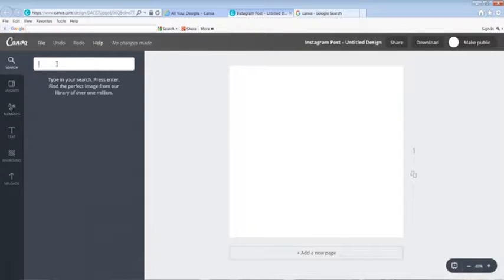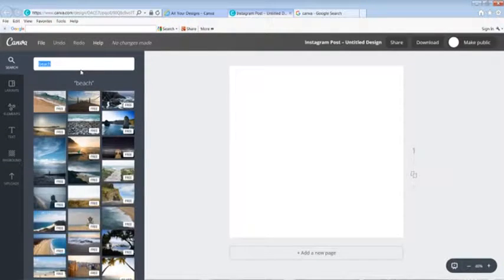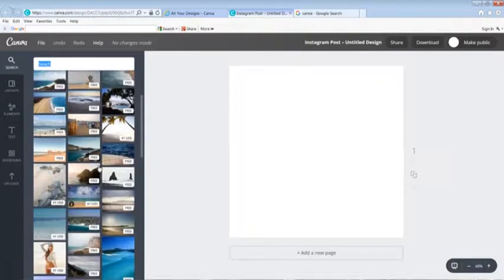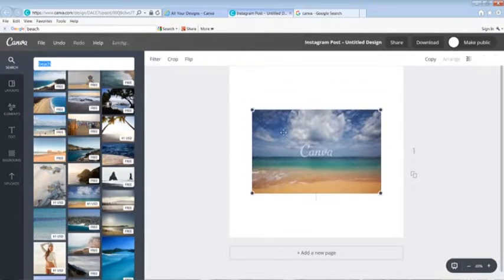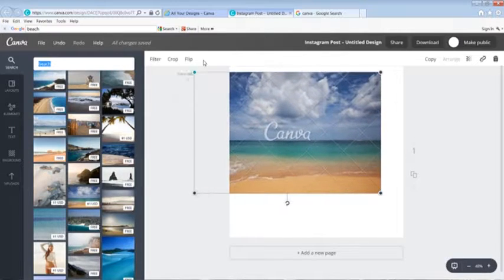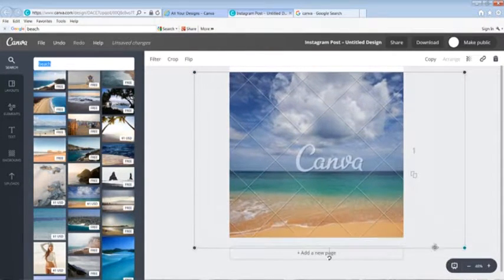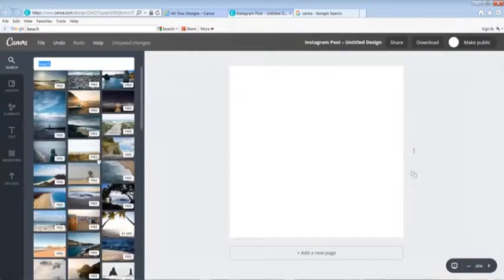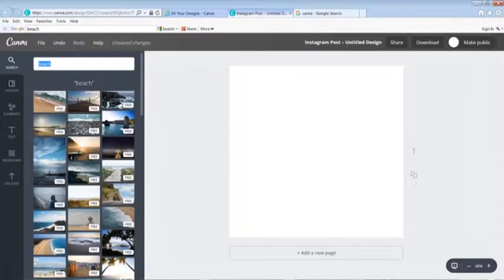And there's a search bar, so you can type in, if you wanted a picture of a beach, for example, for the background, you can type in beach, and then it'll pull up all these free images. Now as you scroll down, some of them cost money. Like for example, this one right here costs $1. So if you ended up using this one, you'll be charged $1 when you download it. And that could be used as the background. And then if you click on it and then you delete it, you can start again with another one. So you pick your background,